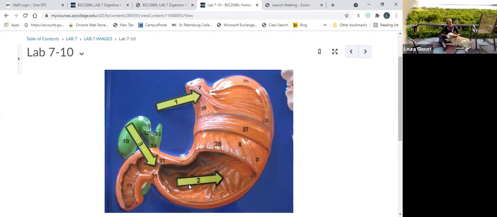Well, first of all, you have 1, 2, and 3. So 1 and 3 are the entrance and exit points to the stomach. 1 is pointing to the lower esophageal or esophageal cardiac sphincter, and 3 is pointing to the pyloric sphincter. 2 is pointing to those humps and bumps in the mucosa, the inner layer of the stomach, and those are the rugae. However, this gives us an opportunity to point to 7, which is technically above number 1, above the sphincter,